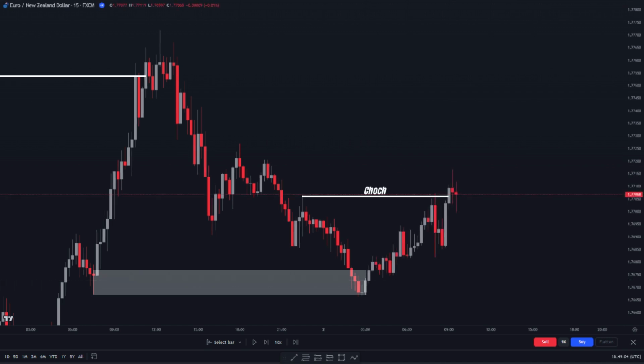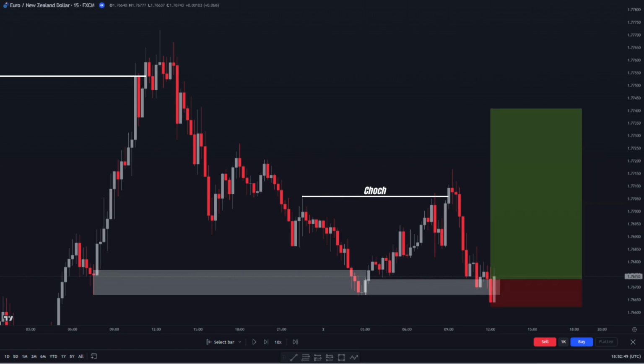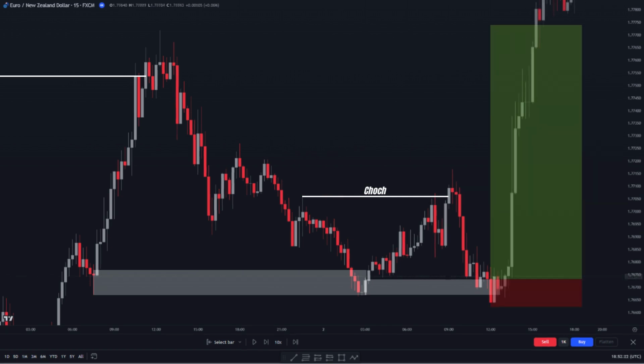Once this happens, it confirms that the bearish momentum is depleted, and we can proceed with our trade. Identify your lower timeframe demand zone and wait for the price to pull back and retest it. From here, execute your buy orders, and the price will most likely push up and reach your target. By following these steps and using the right time frame for confirmation, you can avoid unnecessary losses and increase your